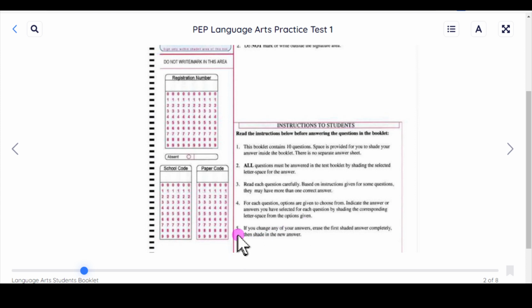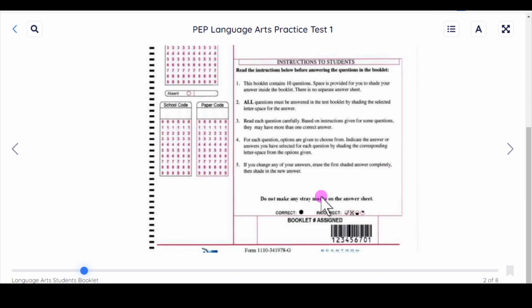All right. 5. If you change your answers, erase the first shaded answer completely, then shade in the new answer. Let's go. Do not make any stray marks on the paper, right? This paper is going to be primarily marked by computers, and the stray marks could interfere with that. This is how we're supposed to be shading. This is the correct way to shade. A complete